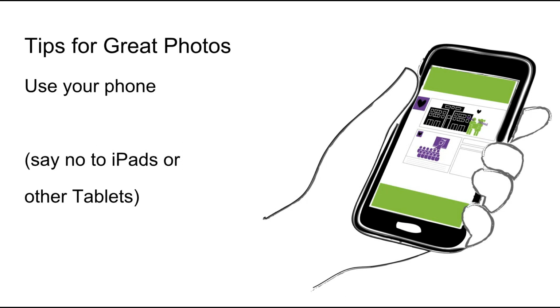And if they don't have a smartphone, because there still are those people out there, and my mom just got a smartphone, and now she texts and FaceTimes me when she doesn't think she is, but if you don't have a smartphone, ask one of your students to take a picture, right? And use your phone. That's the number one thing, because if you're not getting good photos, that could be a reason.